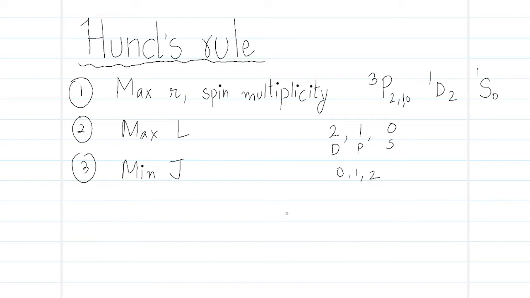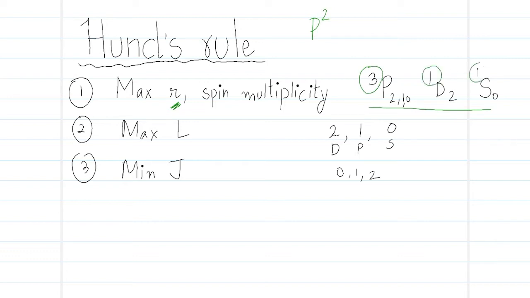So Hund's rule says that when we have more than one term symbol for any arrangement, here we are discussing P2, this is how we are solving it through Hund's rule. We'll arrange these term symbols in order of increasing energy. It says the value of S should be maximum. So among these three term symbols for P2, what is the maximum? First of all, you need to know what S is. So this is S.